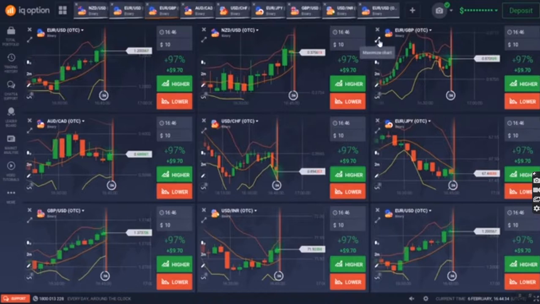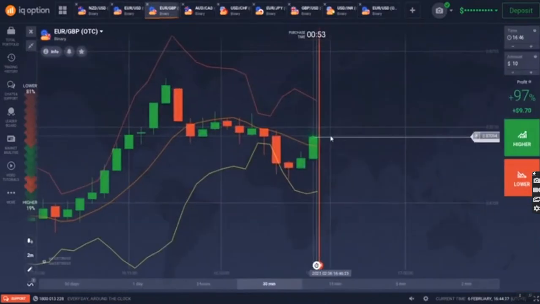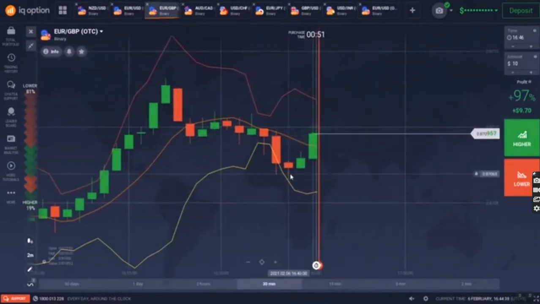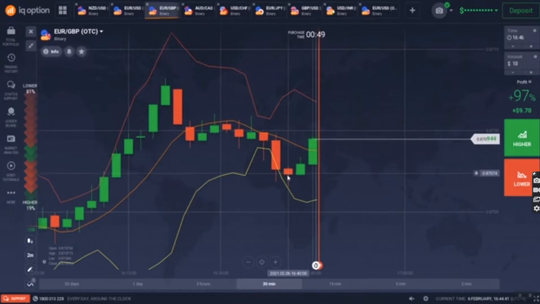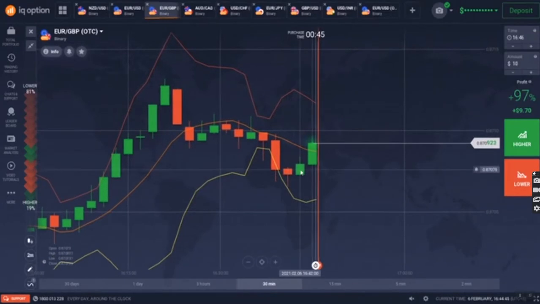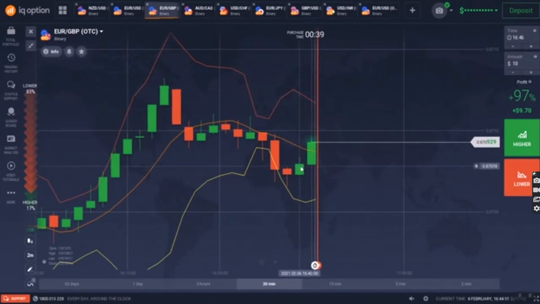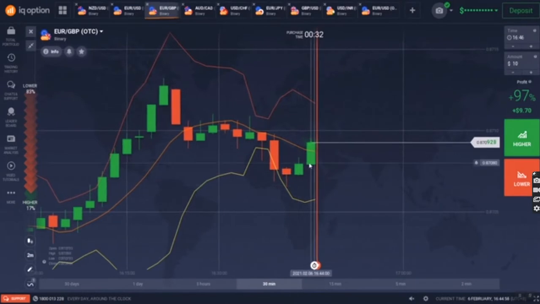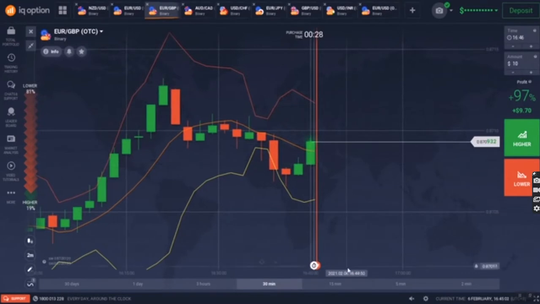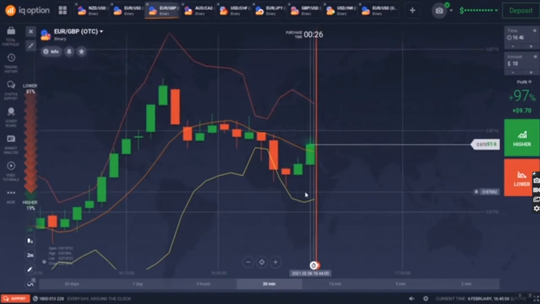Okay, so back to the method. Just now we were looking at Euro GBP, where the first candle we were at just now does not cross the middle line or the bottom line. We were supposed to do a sell here, and after the timing expired at 1644, it was a green candle, which means that we lost the first level. This is where we go into our level 2 here, but we are going to do a buy instead of a sell.